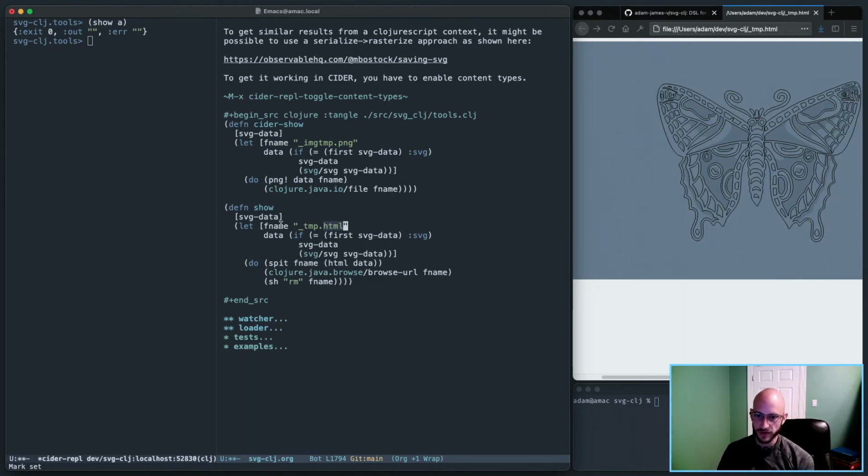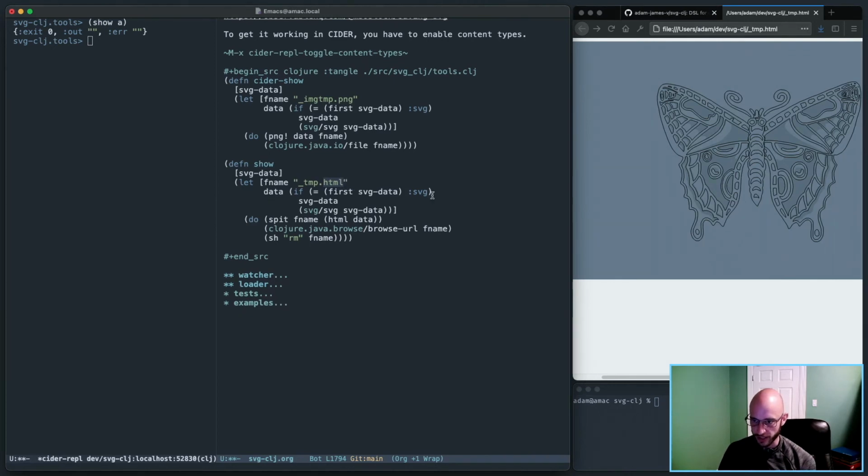So once again, you have the file name, you have the data, which either is already wrapped or will wrap itself in SVG, no problem. Spit the HTML data to the file name. Then here, clojure.java.browse/browse-url will browse the URL. So, for example, clojure.java.browse/browse-url. If I do